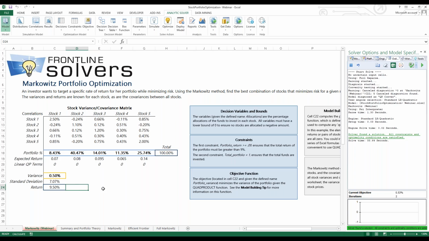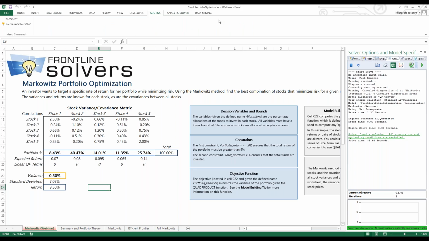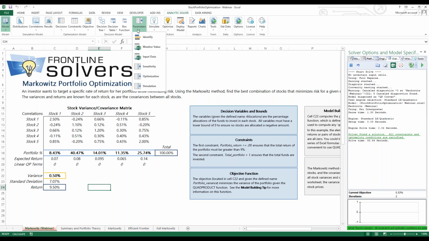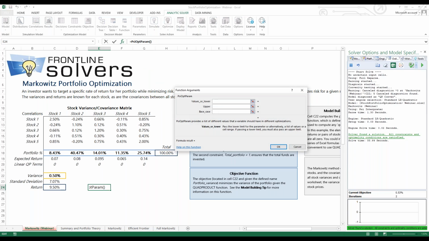And I'm going to insert a parameter, okay? So select the empty cell, go to Analytic Solver parameters on the ribbon, and go to optimization. So let's click on parameter. We are going to enter the lower level and upper level. You are also welcome to enter different values that you want to test for your parameter. So for the lower level, I'm going to put 8% for the return. And on the upper, I'm going to choose 14%,